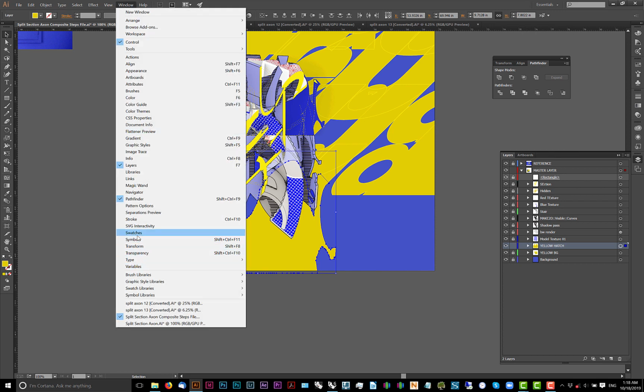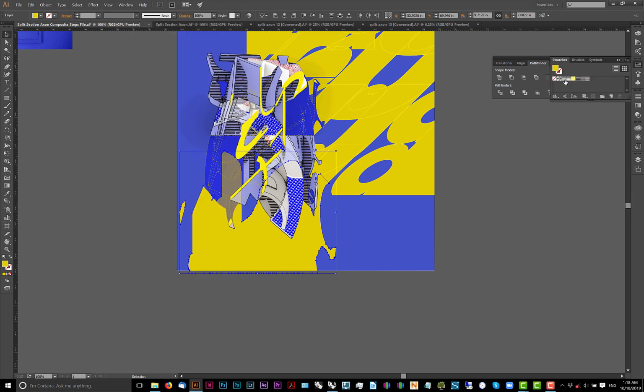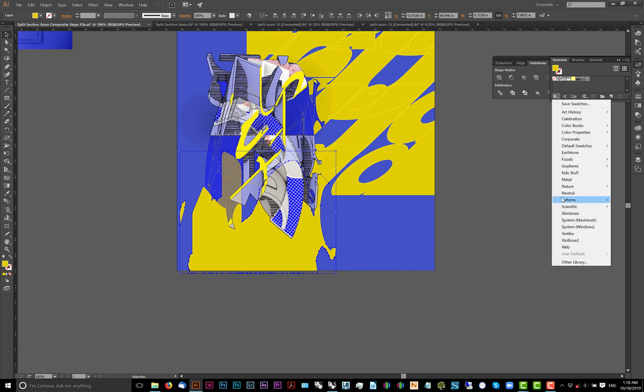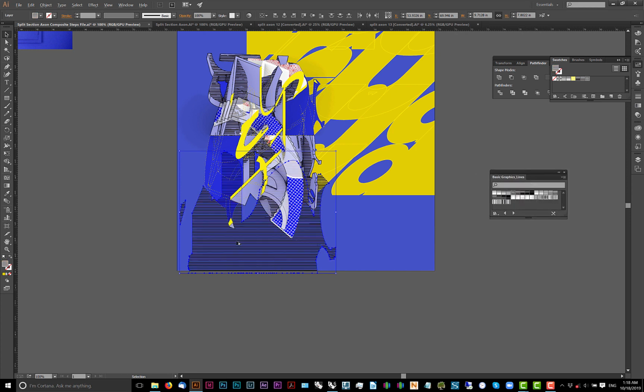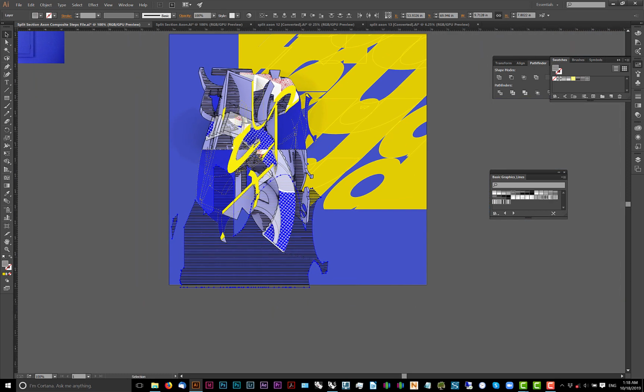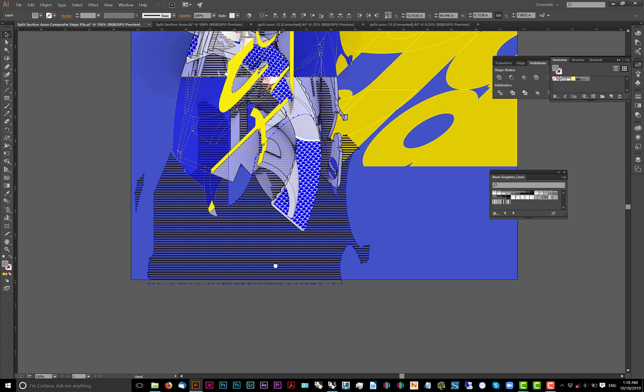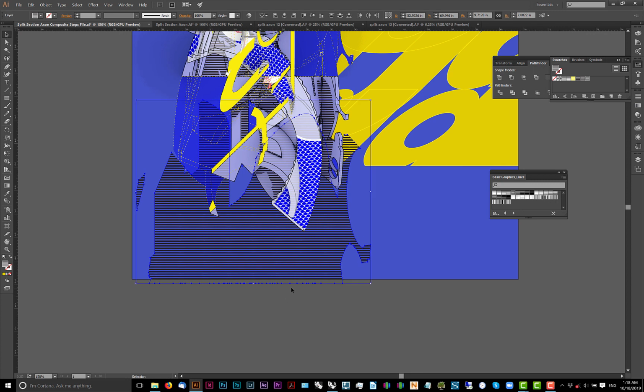So we'll go to swatches, then click on patterns, basic graphics, basic graphic lines. We'll go for a 50%, something like that. But the black is starting to compete with our shadow, so